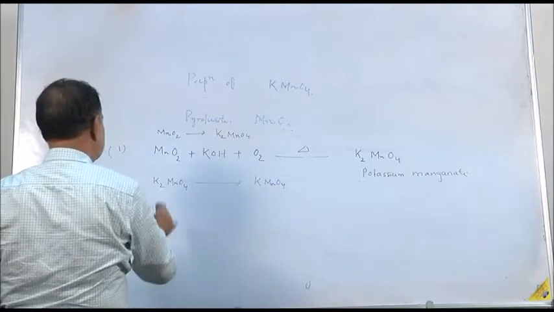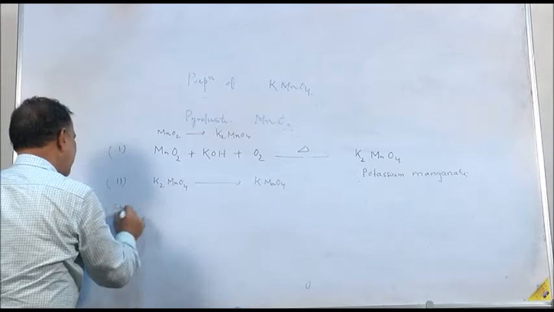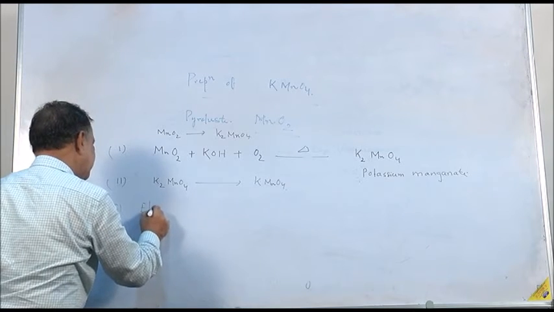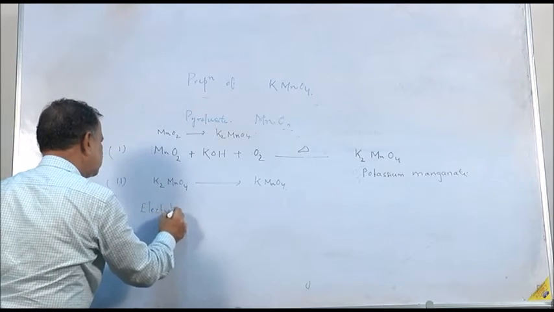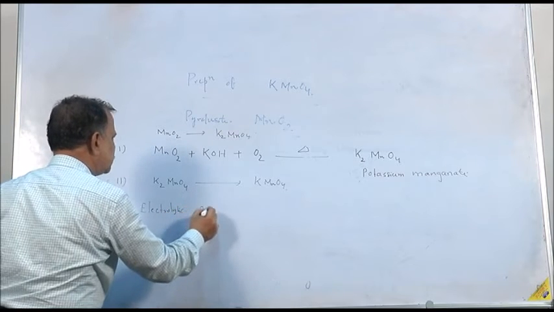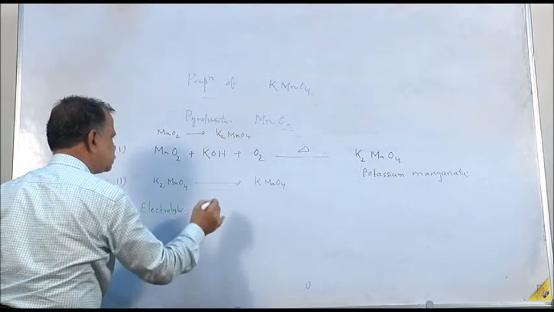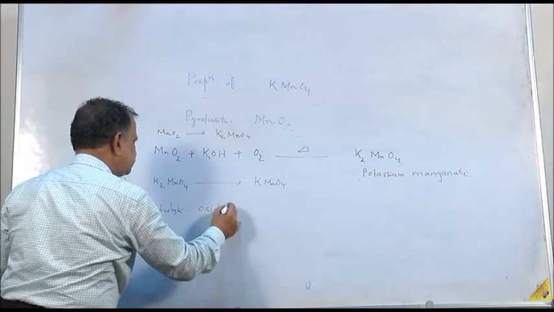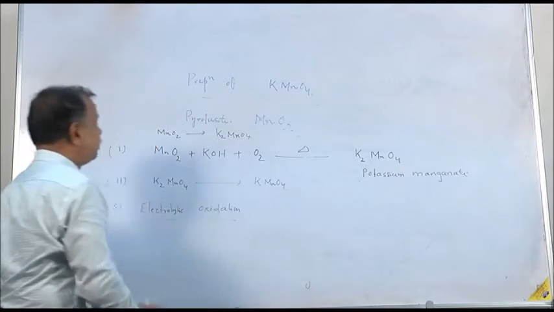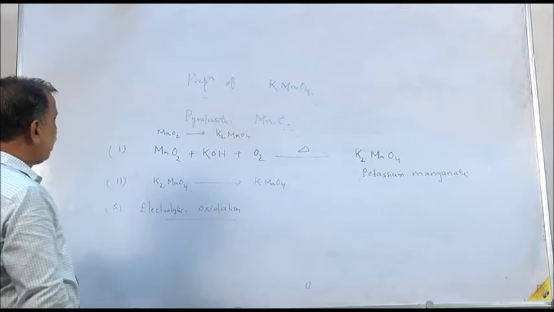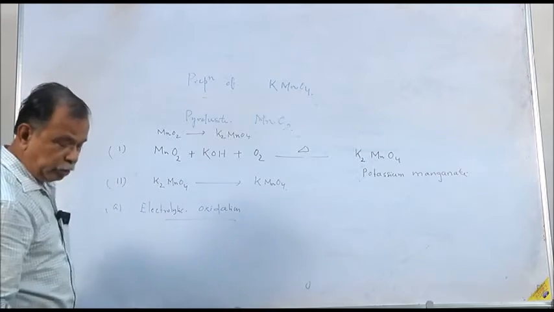That is done. Number A, by electrolytic oxidation. Electrolytic oxidation method. Look, potassium manganate K2MnO4 solution is there. In the K2MnO4 is there,